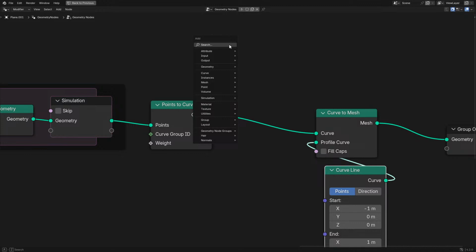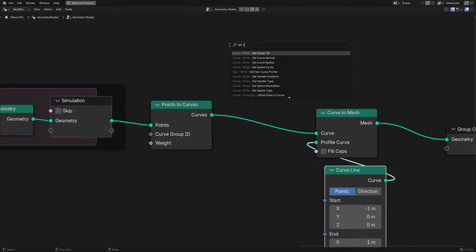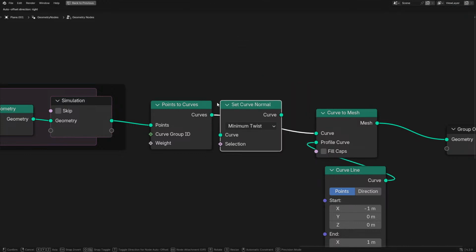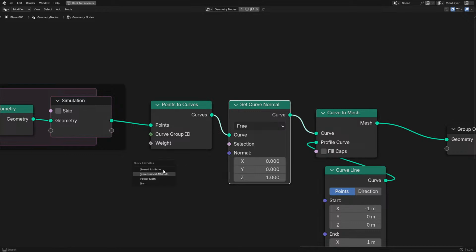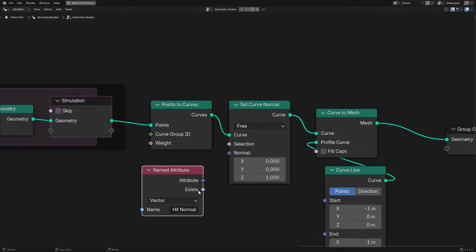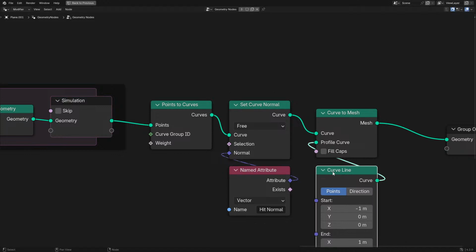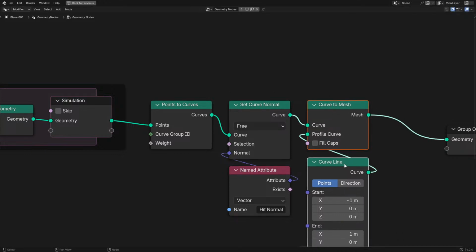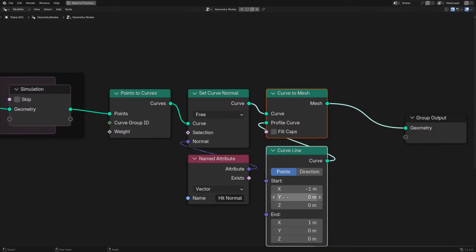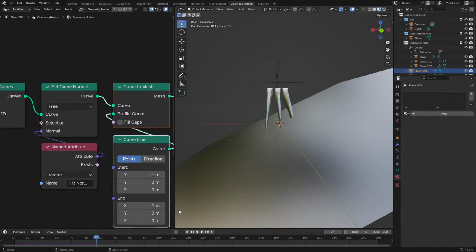Okay, now that we have that normal stored on the points, and then as the points are converted to curves, we can use a set curve normal node, and then set this to be free. Store named, or reference the named attribute, and plug that into there, which should mean that this should work. Now, if you're in an older version of Blender, where the set curve normal node doesn't have the free option, you can just have the curve line be at 0 and then displace it afterwards, but this is just more